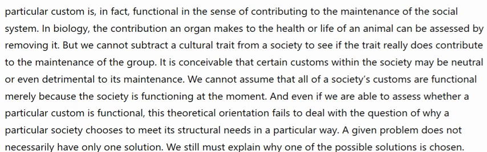And even if we are able to assess whether a particular custom is functional, this theoretical orientation fails to deal with the question of why a particular society chooses to meet its structural needs in a particular way. A given problem does not necessarily have only one solution. We still must explain why one of the possible solutions is chosen,